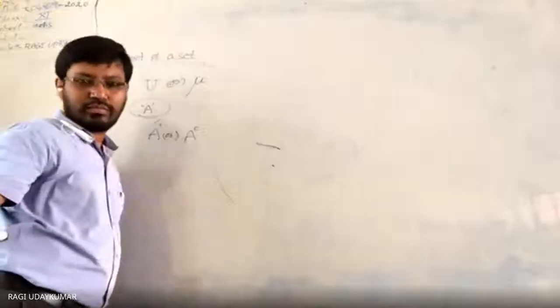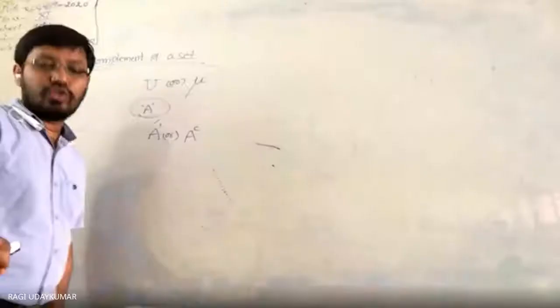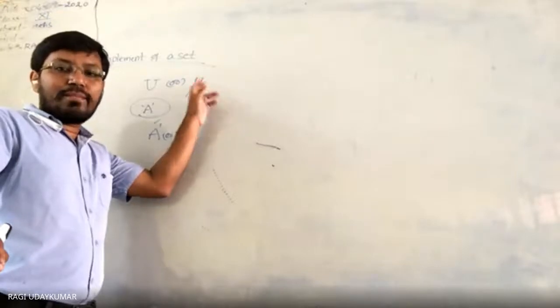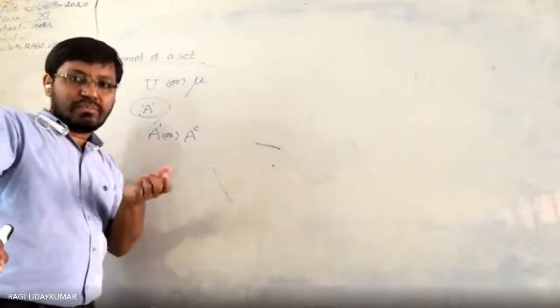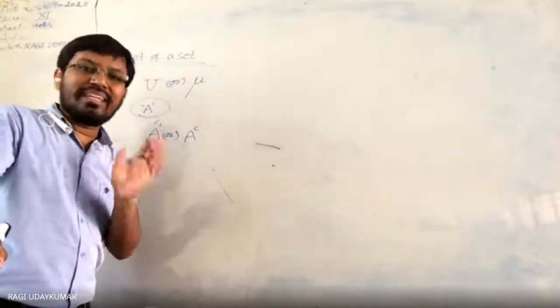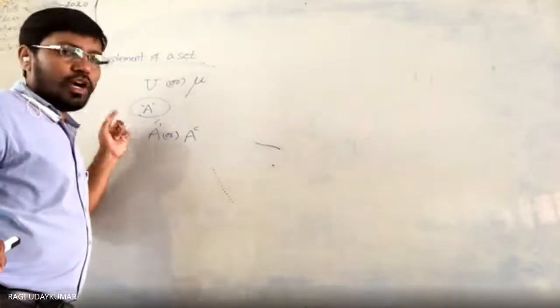Sir, what do you call that U that you wrote first? U, that's all, capital letter U. Universal. Okay, and the one next to it, sir? This is called mu, M-Y-U. The name of the symbol is mu. This is capital letter U, the universal set representation. That's all. Okay, the complement of the set A, we write A with a dash as its power.